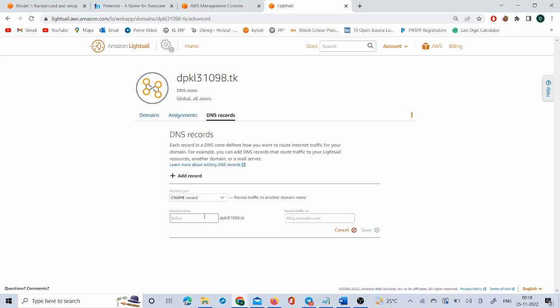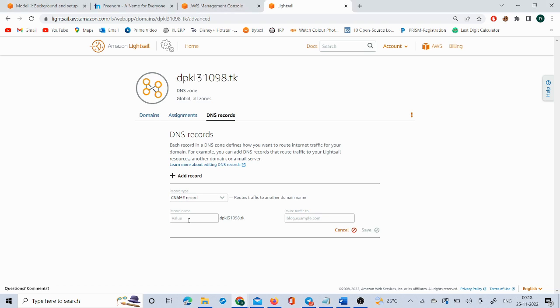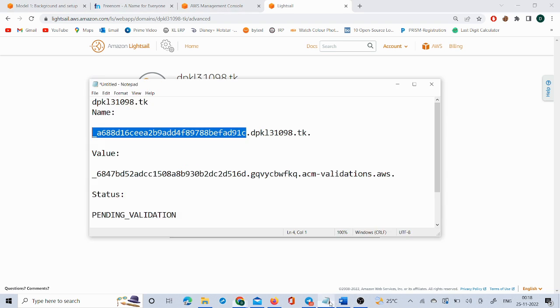Here place the value of the record name that you have copied from the validation, that is this one. So the domain name is previously given, so paste the prior one, the previous string. I have pasted this, and I have to route the traffic to this, the value one,